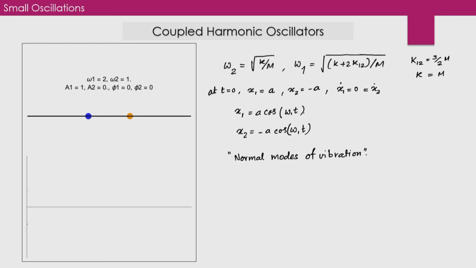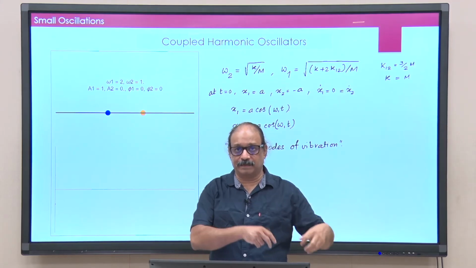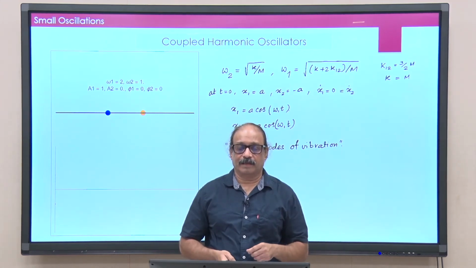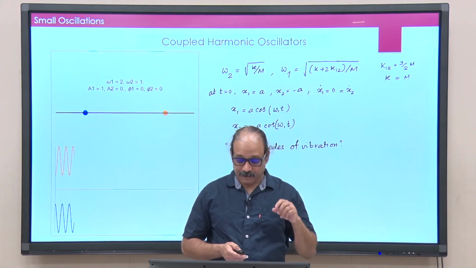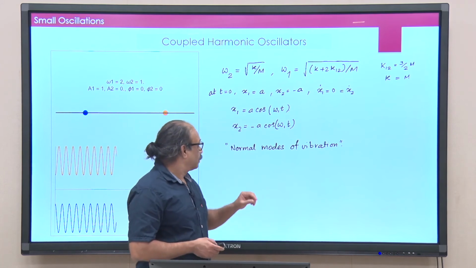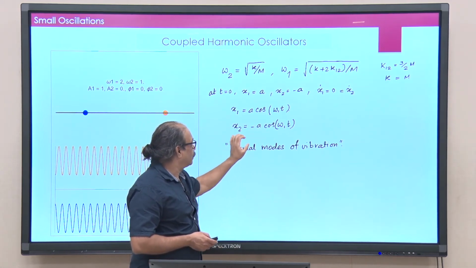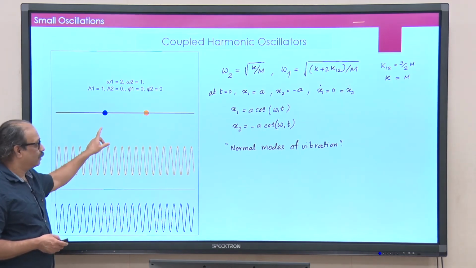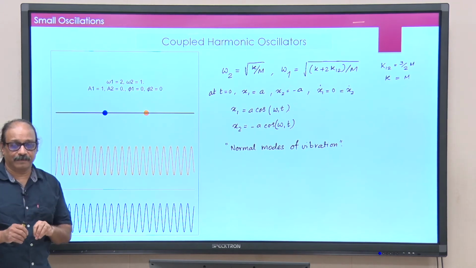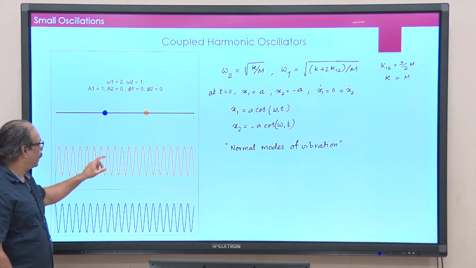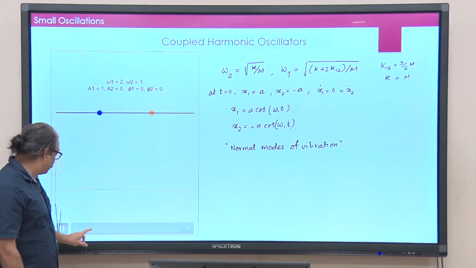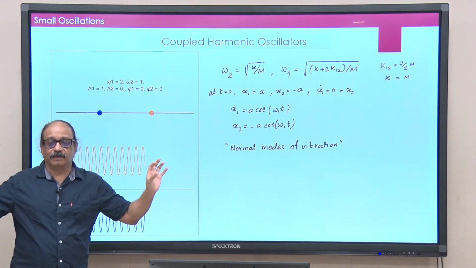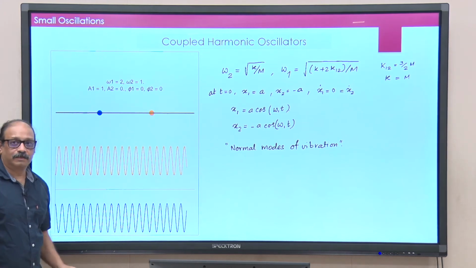And if I do the same thing that I did in the initial conditions, you take these two bobs away from each other and let go. If I do that, then what happens is this. So, the motion here is, because x1 is a cos omega 1 t and x2 is minus a cos omega 1 t, both of them are going with exactly the same frequency, but they are out of sync. So, they are moving either away from each other or towards each other and maintaining a unique frequency.